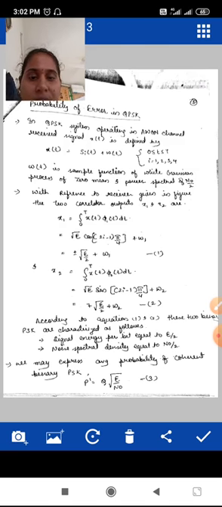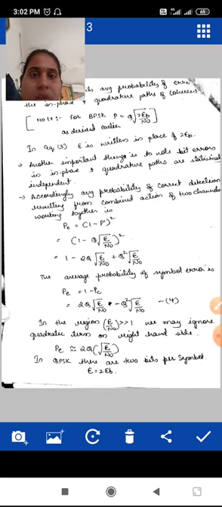But here, you know that it is E by 2. So therefore we can just get Q of root of E by N naught. Now here I have written what the BPSK is. It is Q of root of 2 Eb by N naught. So 2 times Eb is equal to E, because E is the symbol energy. In one symbol of QPSK there are 2 bits, therefore one symbol equals 2 Eb. So we have written it this way.